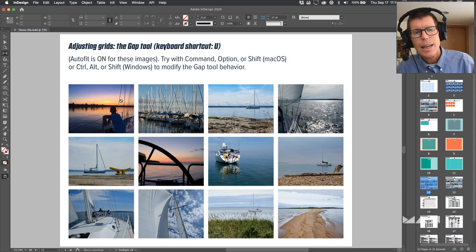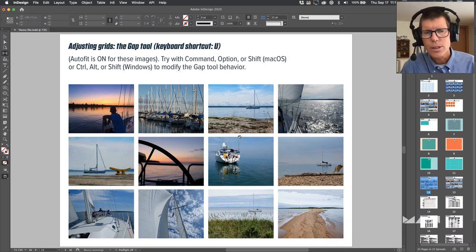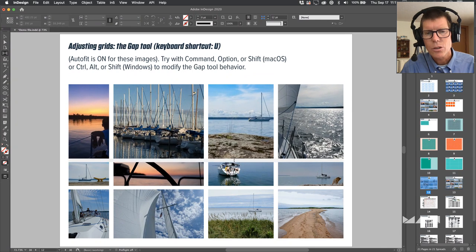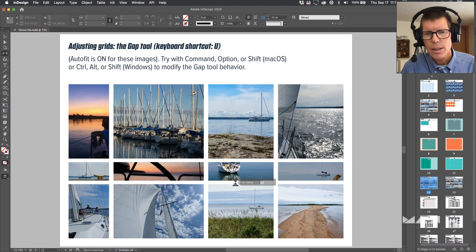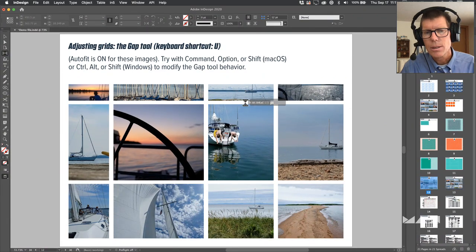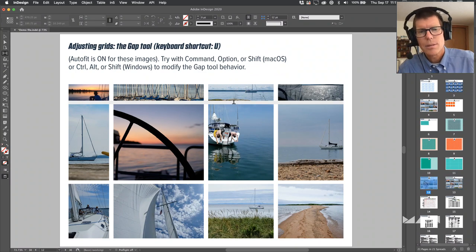And what's odd about the gap tool is you don't select anything first. So notice I don't have any of these images selected, but as I hover over them, InDesign highlights anywhere that it sees a gap or anything it perceives as a gap. And anytime it senses a gap like that, I can simply grab and drag. And so, I mean, just dragging with no modifiers or anything is incredibly useful. I mean, doing this kind of maneuver without the gap tool would be really time consuming.